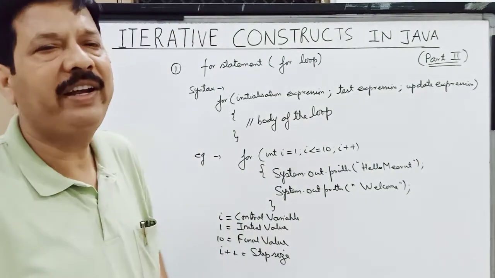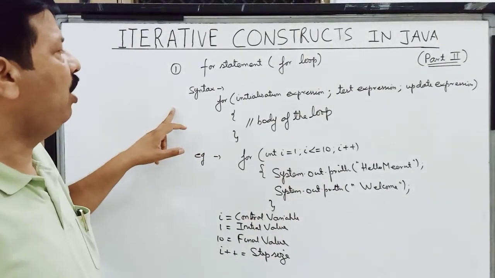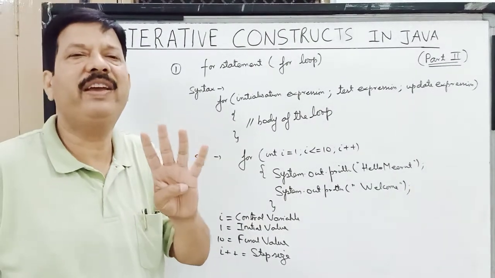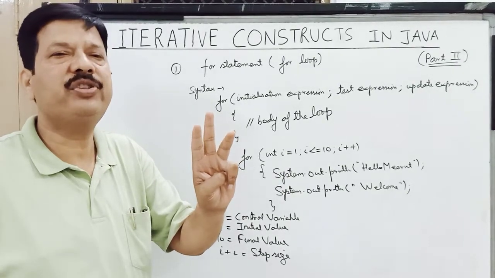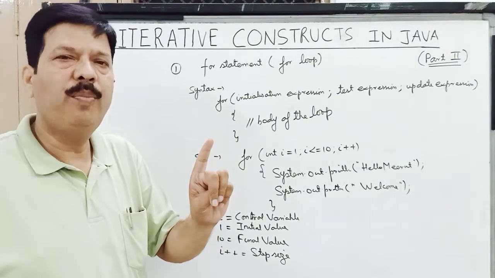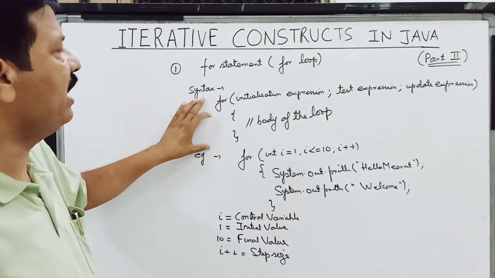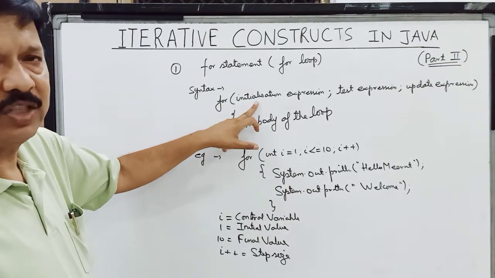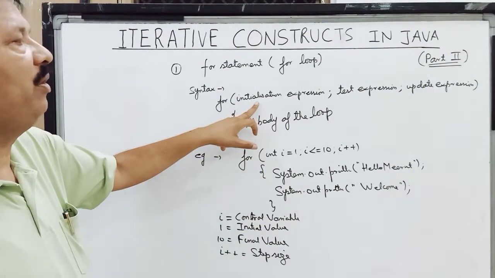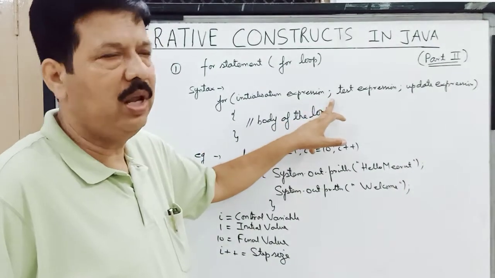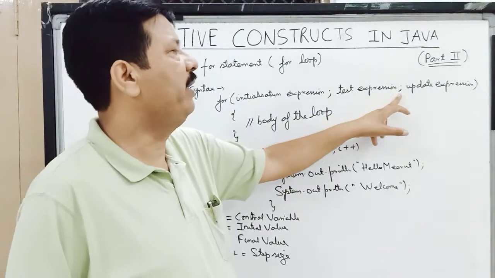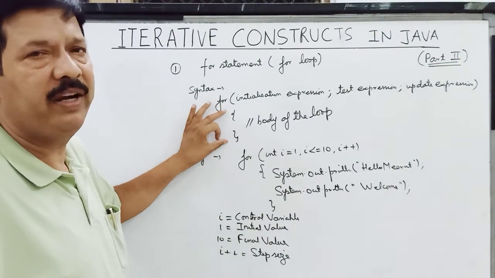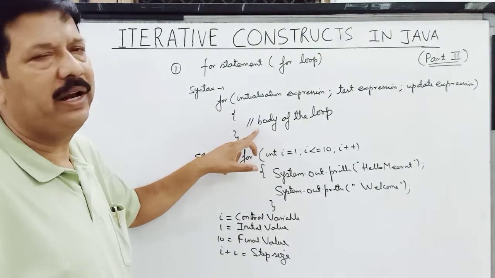Now children, we come to the syntax of this statement, which is how we are going to write it. In the last video we studied four basic elements of a loop: initialization expression, test expression, body of the loop, and update expression. So this is how a for statement is written. Then we have round brackets, then the initialization expression, the first basic element of the loop, then it is separated by a semicolon, then a test expression comes, again a semicolon, and an update expression comes. Then we put braces, and all the statements of the loop come here as the body of the loop.